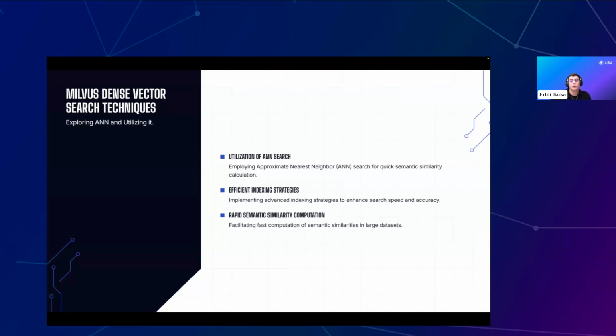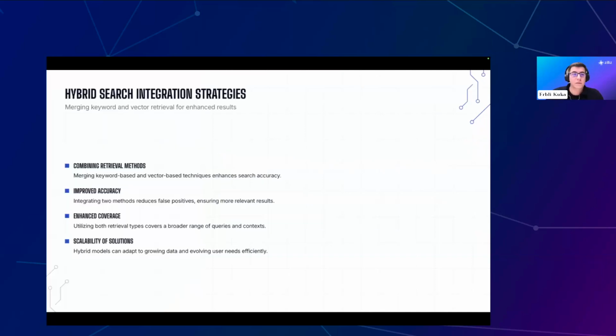So the workaround, and why we are using both of them, is that we are generating embeddings for each of the chunks. We are generating summaries for each of the chunks and a title just to have them a bit more